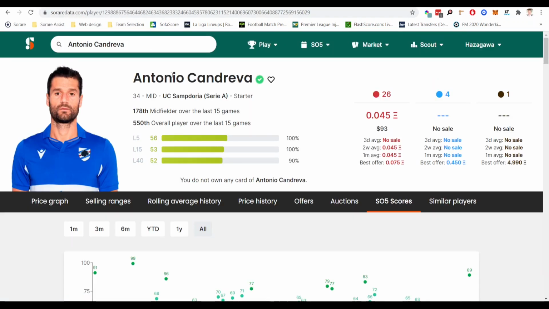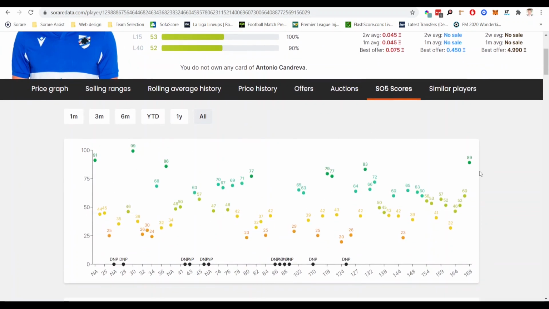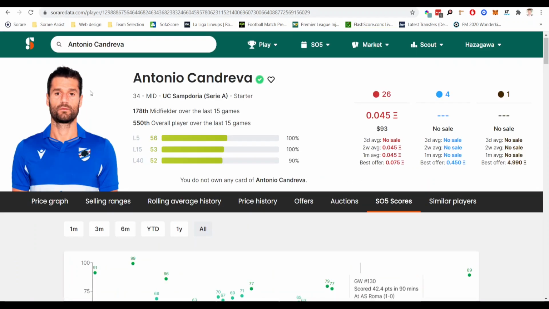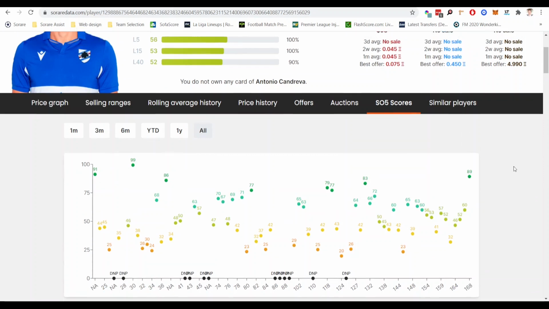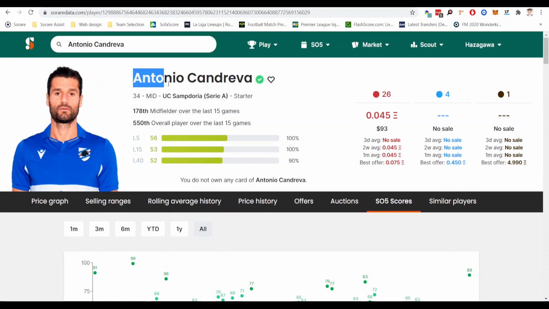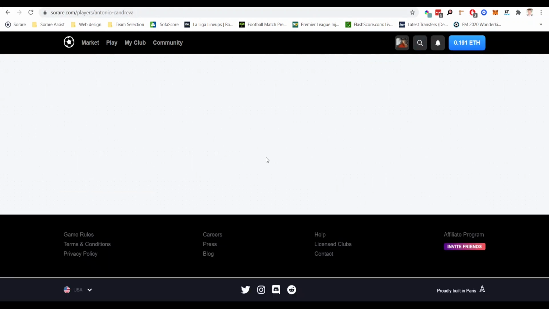So next up, I've gone for Antonio Candreva. Now, if you look at his scores, some fantastic scores here, look. Still a regular starter for Sampdoria, and although they're not the best team in the Italian division, he's still getting some brilliant scores here. He is 34 now, but he is expected to obviously play another season and be a regular starter for Sampdoria. So looking at his price on the market then,